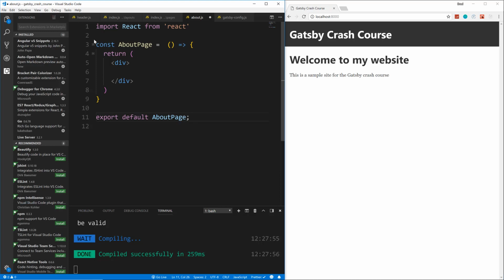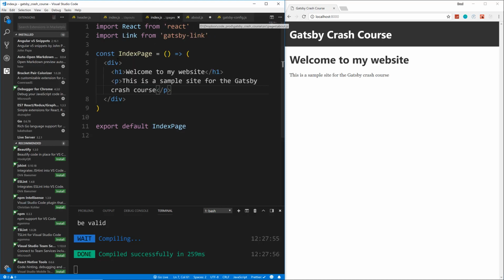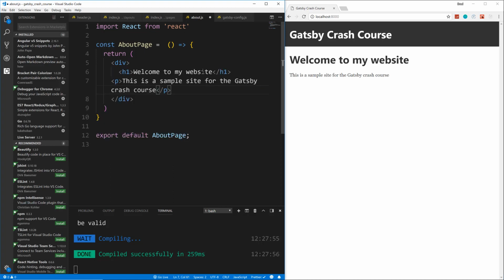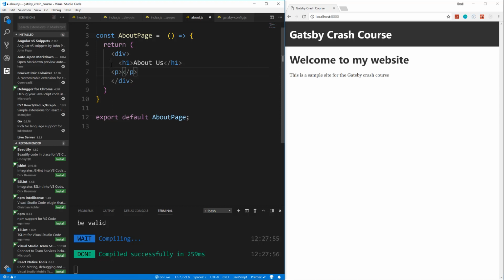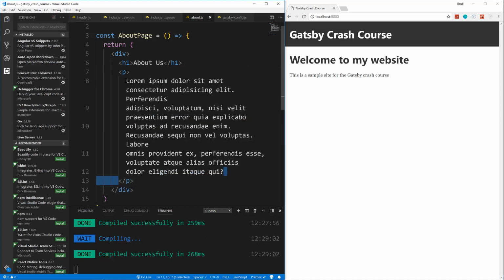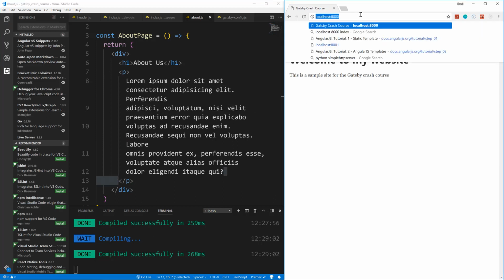So export about page. All right, and then in here, let's see, what did the index page have? An H1. We'll go ahead and just copy this, and we'll say about us. And let's actually just put some sample text in here. I'll say lorem 40 tab and save. And then if I just go to